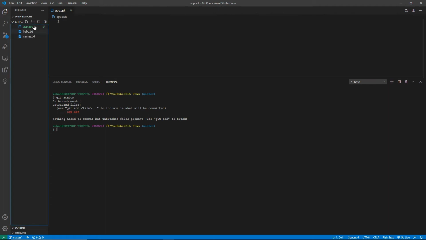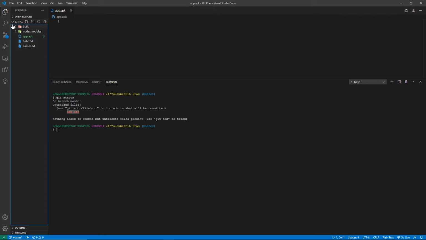So there are other instances as well. Suppose you have a build folder, or in a Node.js app you usually have a node modules folder. So there are instances where you don't want to push these folders or this APK. These are the best practices and you don't want to push to your local repository or remote repository, so that whenever anyone downloads your code files and wants to build their own and generate these APK files or build files, they are generated according to their dependencies. So as you can see, it is tracked by Git.